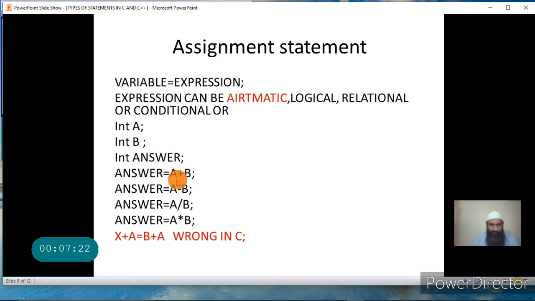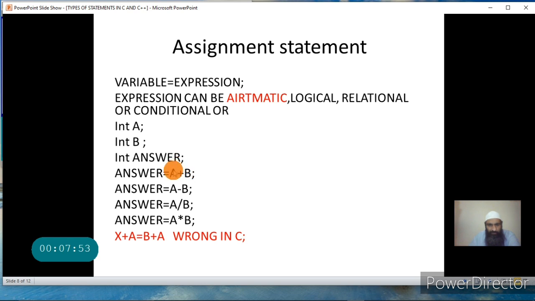What do you mean by this statement? This is an assignment statement because it follows the syntax variable equal to expression. Now this expression is called an arithmetic expression. Why? Because it uses an arithmetic operator. Now I have to give certain terminologies that you should note, and they will be useful for future classes. First is the operand. Operand is the argument on which the operation is performed.